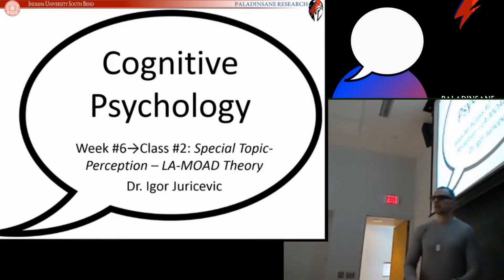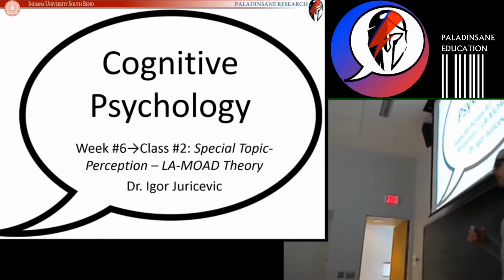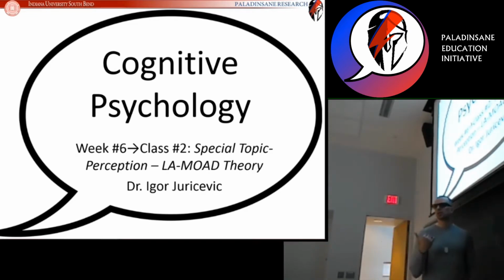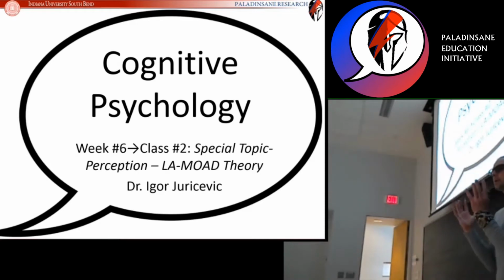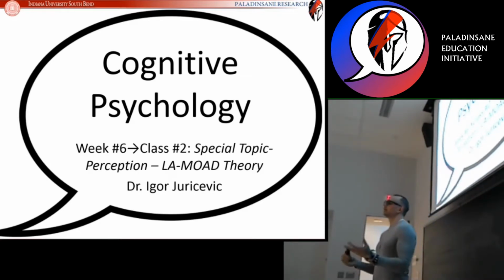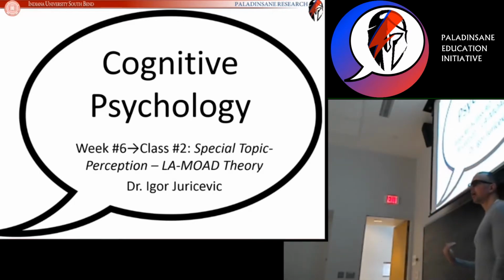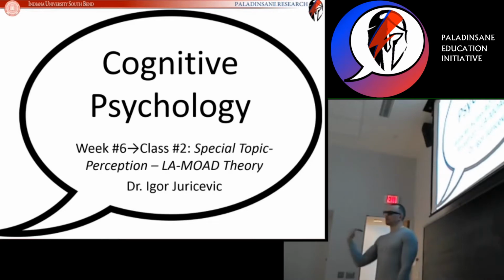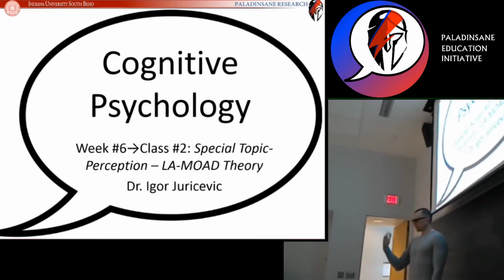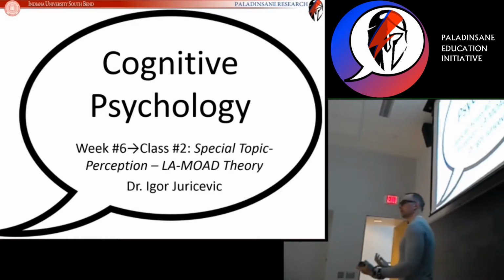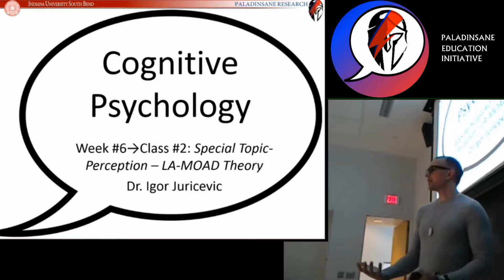What we are going to do today is take a look at what I believe is our final topic in perception, which has to do with the LA-MOAD Theory, a way of understanding metaphoric pictures. If you recall our last objection in our picture definitions, when we finally got to Gibson in 1971 with the pictures as information theory, one of the big objections was that of metaphoric pictures. Metaphoric pictures represent things that never occurred in the external world, and yet we understand the metaphor.